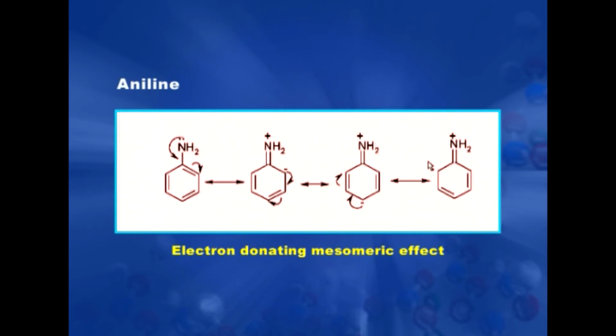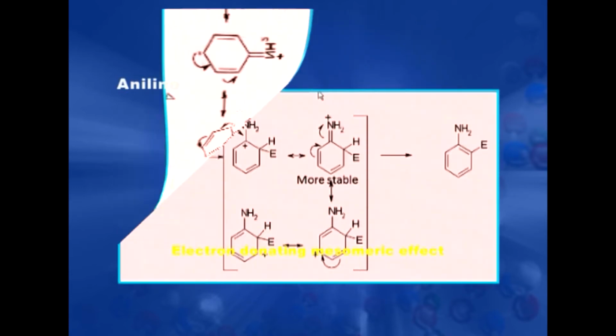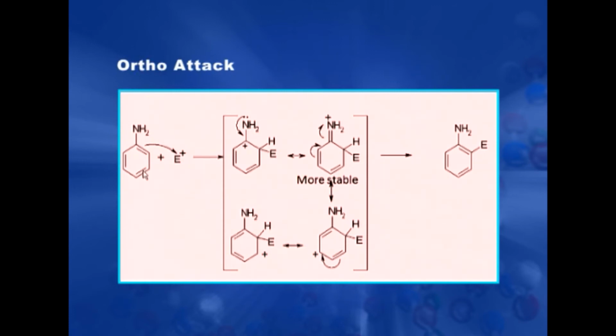These two negative charges are on ortho and here the negative charge is on para. So, the electron density of the ring increases, but it increases more on the ortho and para positions, and we can see this in their attack also. If we see the ortho attack of an electrophile, so instead of 3 here we are getting 4 resonating structures,